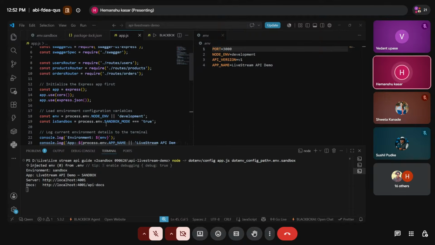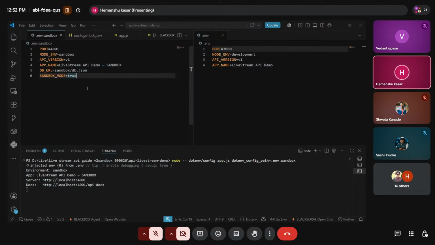So currently this particular sandbox environment has been executed. With this one config switch, SANDBOX_MODE equal to true, the entire app behaves differently. No code changes, no redeployment.